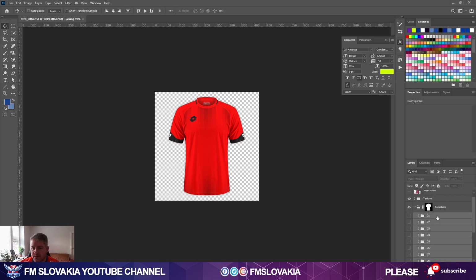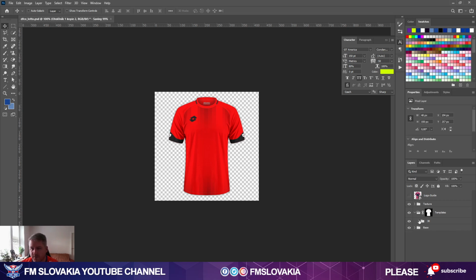Now I can delete all other templates. Just click, hold Shift, and again click to the end. You select all folders and then hit delete. I then move these 3 folders directly to templates, so I can delete the 30 folder. And I make a new group of it and call it